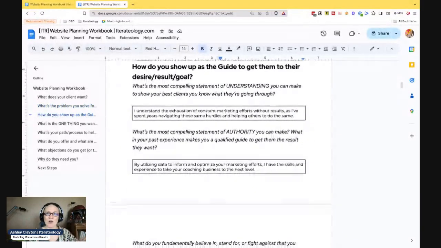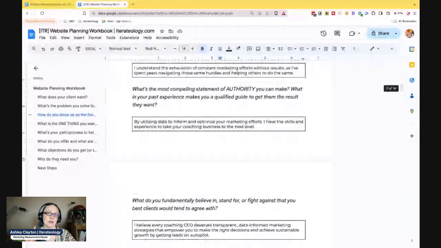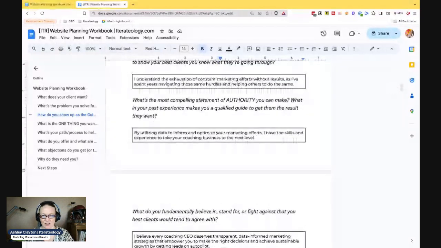And now at this point, once we've introduced what they want, touched on their problem, and shown that we really do understand their problem, it's time to step in as the guide. And we do it with three things: you have understanding, authority, and the core beliefs that make you different than anybody else who is serving the same one desire of the client the way you do, because this is all helping you get not just your niching in,